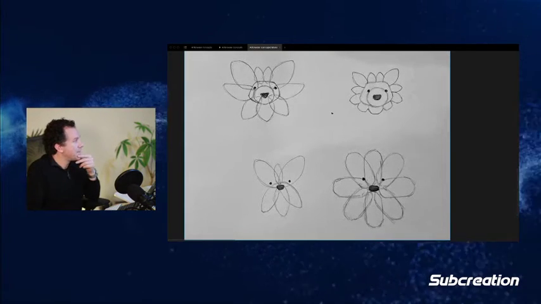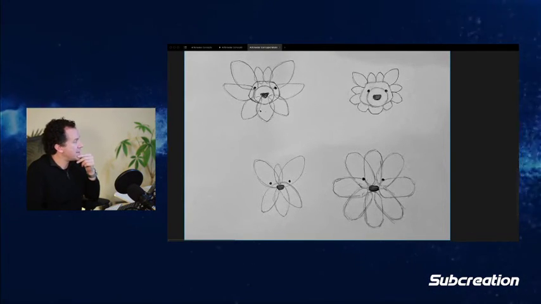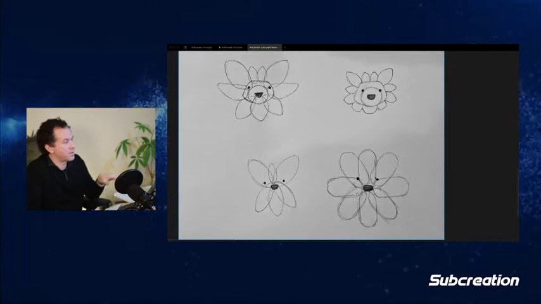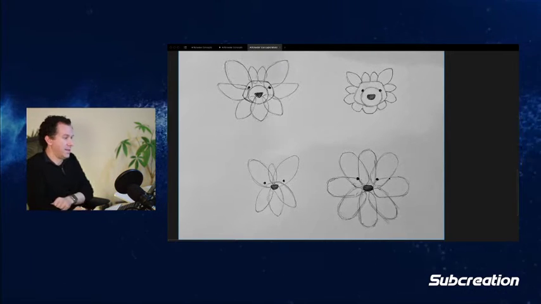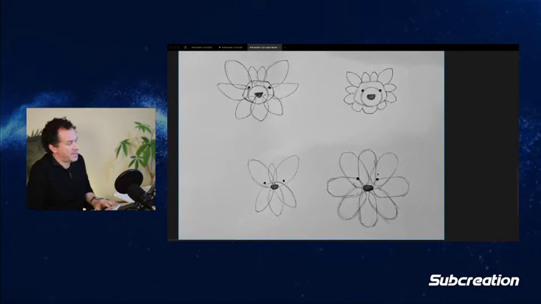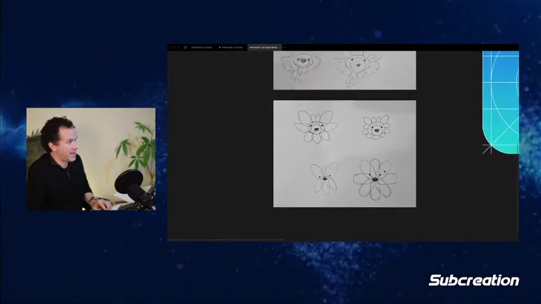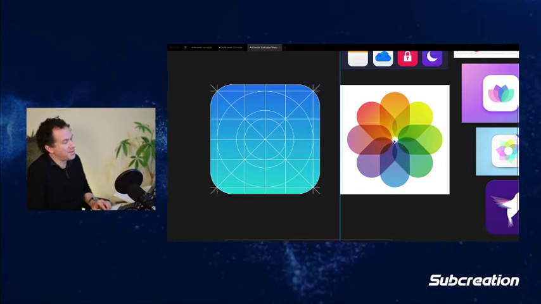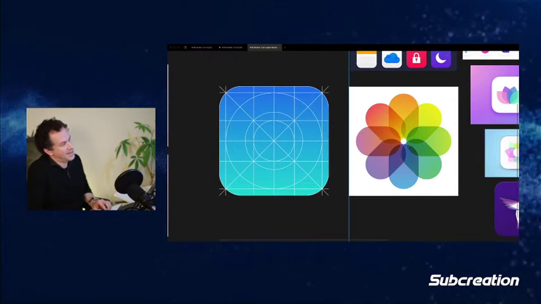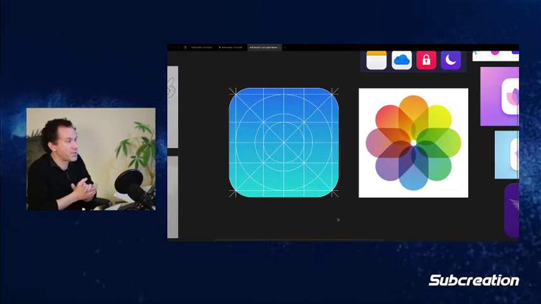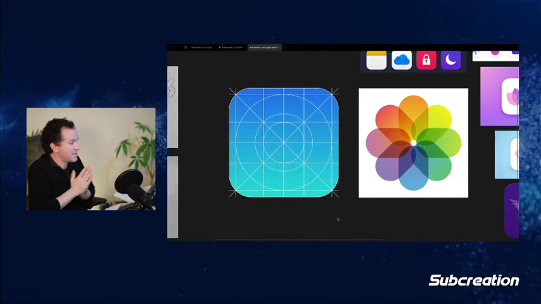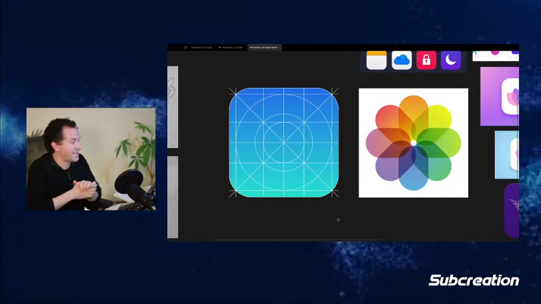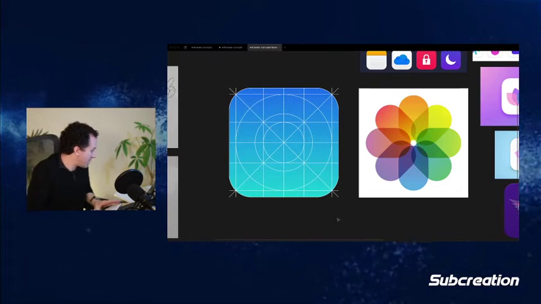But I think this was the one that somebody told me they thought was the closest to it. The thing about this one over here on the right, which is what most people I showed it to in person picked, is that it's really a knockoff of the Photos app, which I have over here. It's basically this thing with eyes and a nose. But you know, I think it was Pablo Picasso who said, what is it? Good artists borrow and great artists steal. I think actually all art is about building on what's out there. So